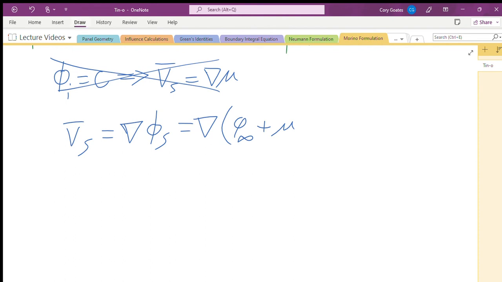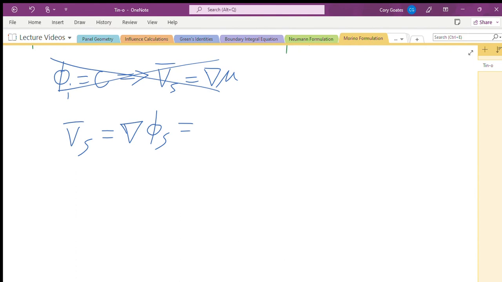So the difference here is that we need to take into account sources. Because we have sources on the surface, those induce a jump in the normal derivative of velocity potential. And this we need to look at in terms of